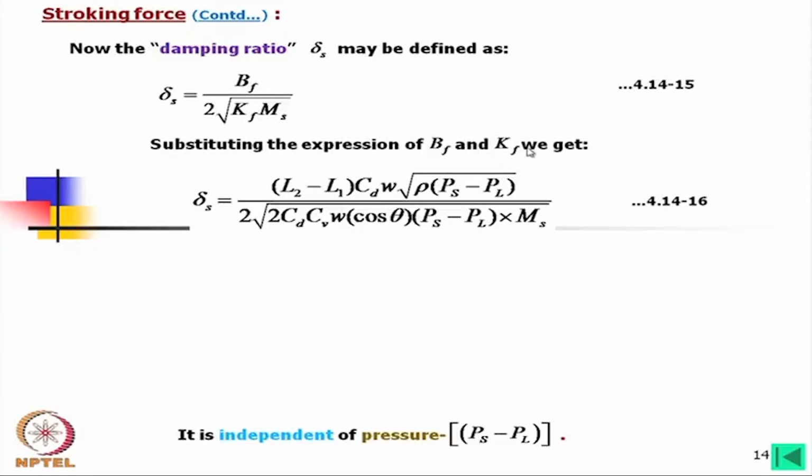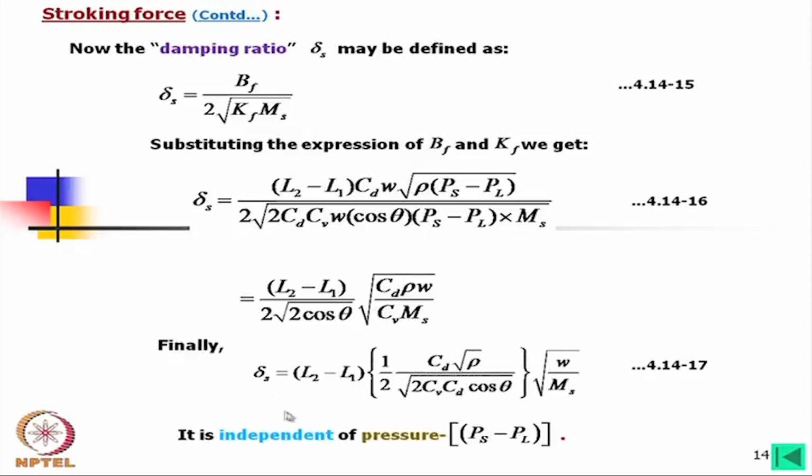we can substitute these two in this equation and we can find that damping ratio is expressed by L2 minus L1 Cd W under root rho Ps minus Pl, and in the denominator 2 root over 2 Cd Cv W cos theta Ps minus Pl into Ms. Okay. That also can be calculated because all data will be known, something we can measure and the rest of the part we can calculate. So, this will be reduced to this form, and finally, delta S is equal